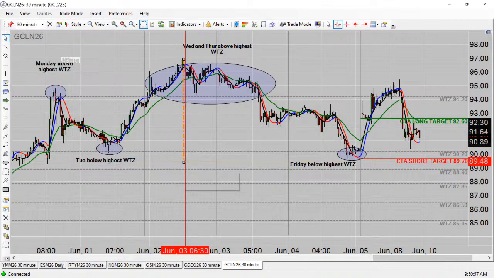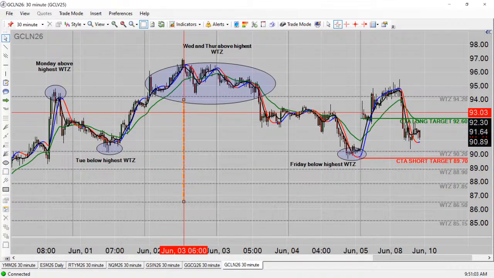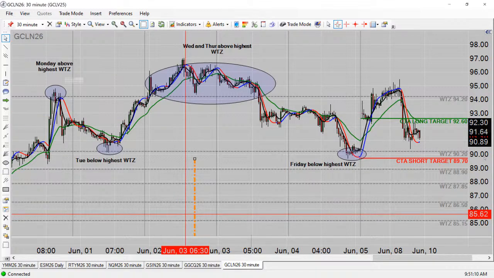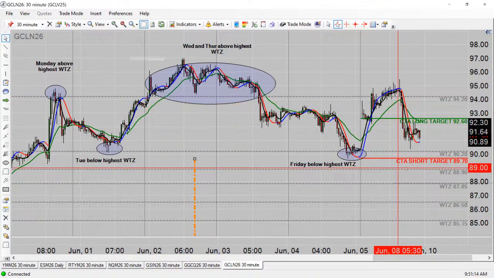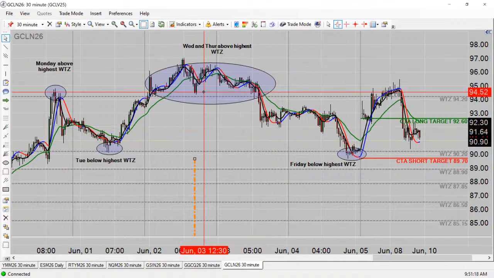Of course, that's too far. All right, we'll settle with that. Anyway, you take that and you move it down to where the neckline is. So the way a head and shoulders pattern works is, once you break the neckline, price should then move the